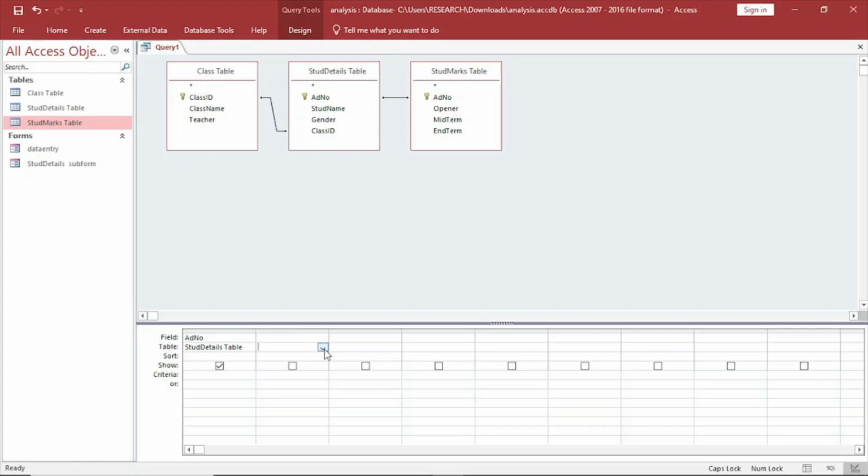Then go to student name, the same student details. Then the class ID. Class ID is in the class table. Go to the class ID. Then the opener, student marks table, opener marks, opener. Then come to student marks, midterm, end term. Then come to the student marks, end exam,